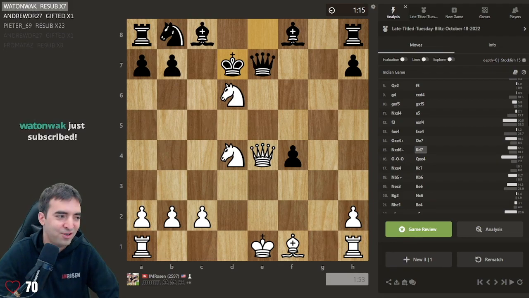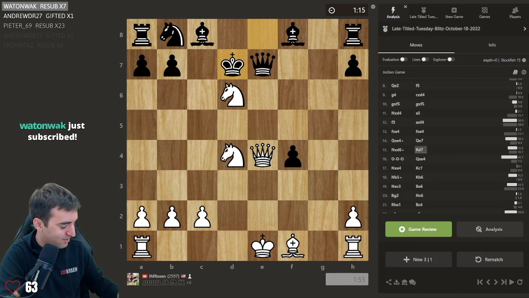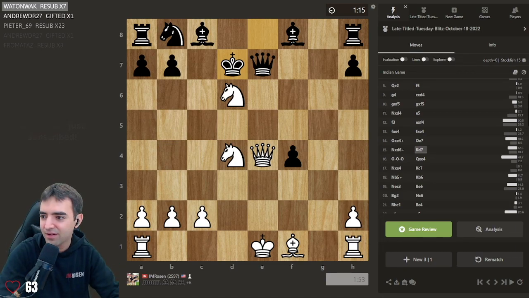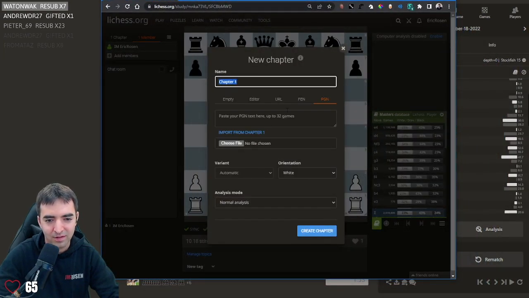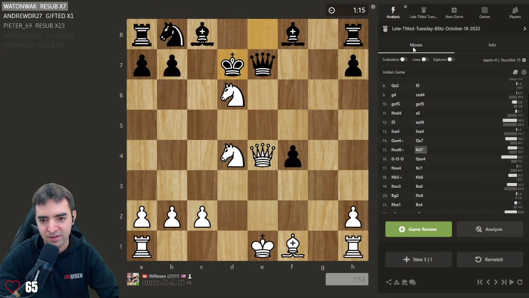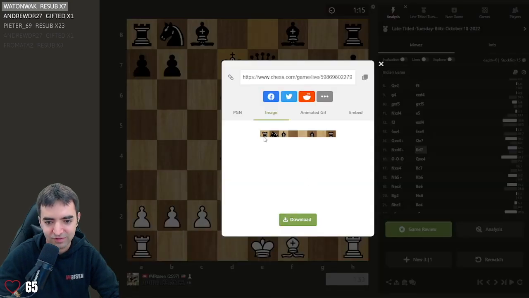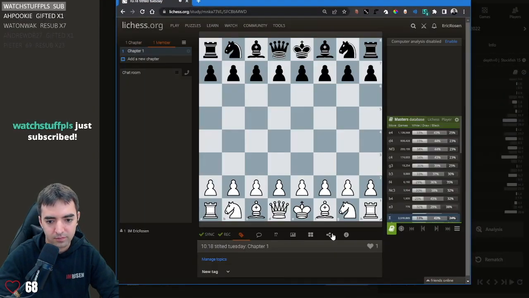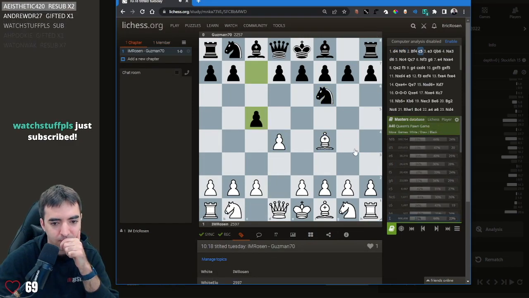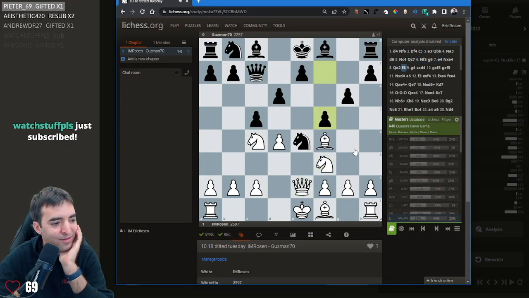Okay, so I should have probably done this before the tournament, but what's the date today? October 18th. 10/18 titled Tuesday. Okay, so here's my Lichess study. And then I can easily bring in and organize the games. I still have